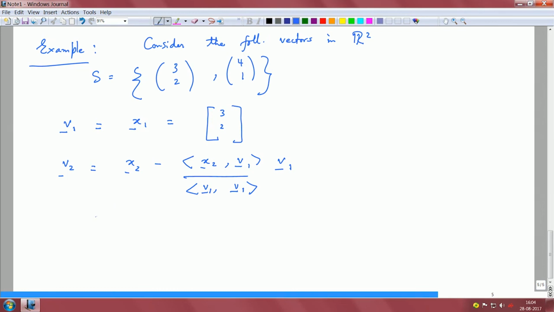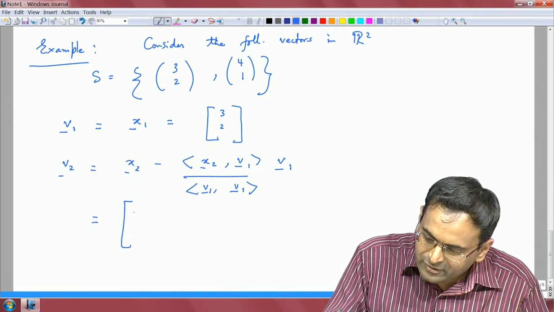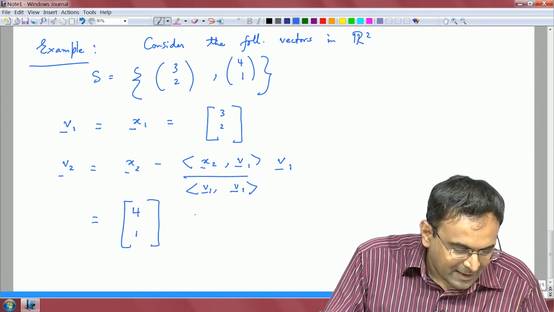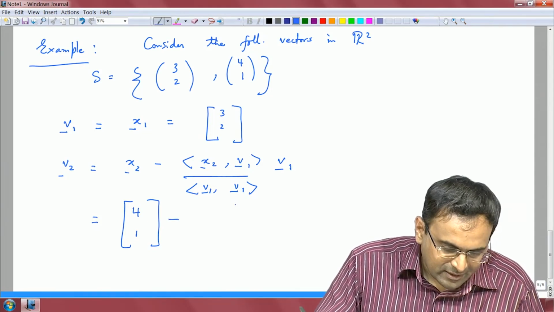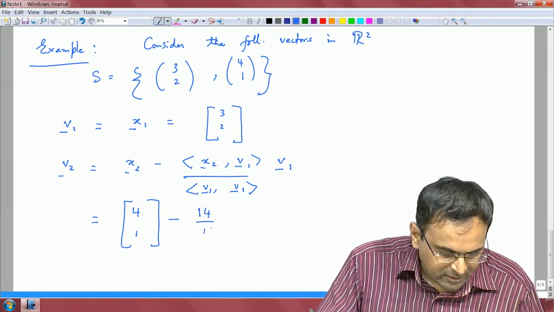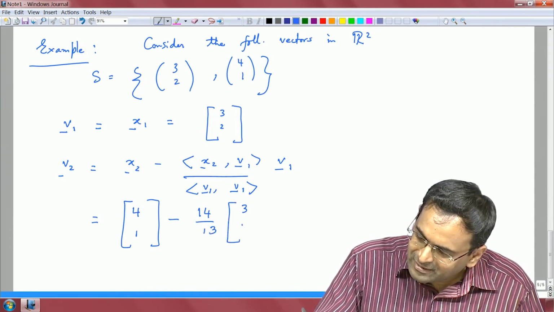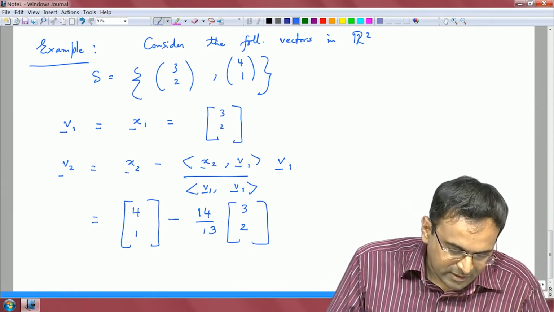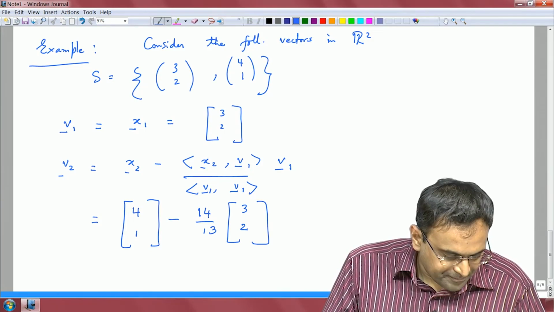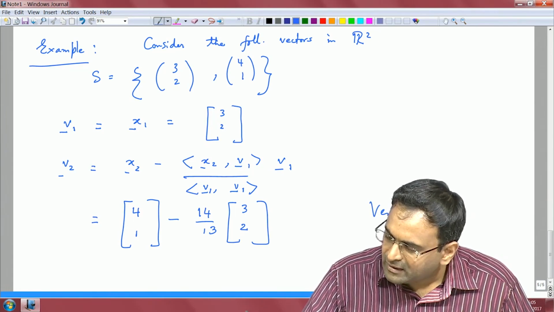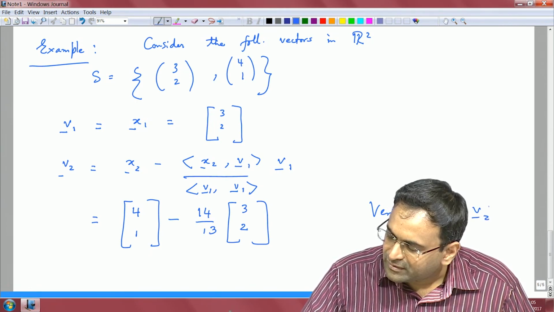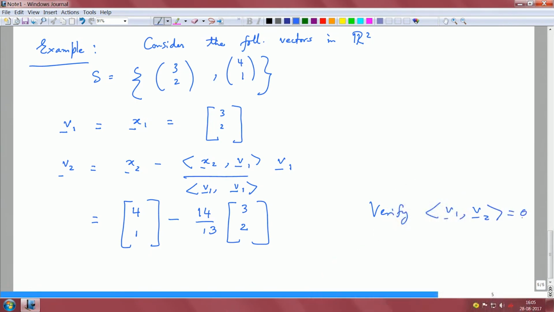So, if you just work out the numerics, this is the vector (4, 1) minus, if you work out this math, it just happens to be 14 upon 13 times the vector (3, 2), and you can just verify that V1 with V2 is 0 just for the sake of it,